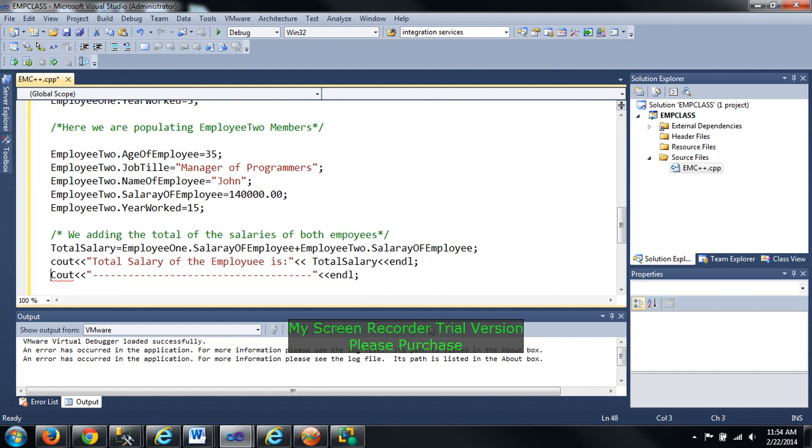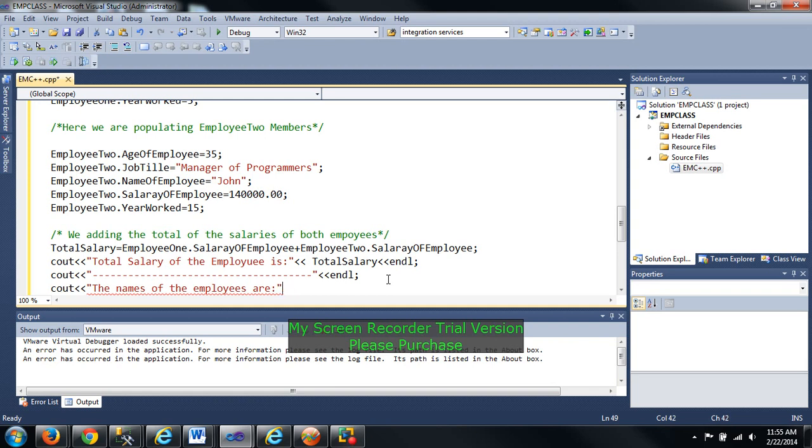In this case, as you can see, the compiler is complaining because the cout should be a lowercase c, and we're saying uppercase C. The names of the employees are,